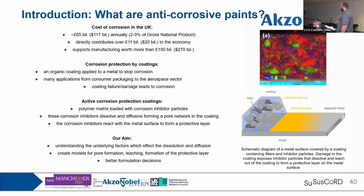And then those corrosion inhibitors react with the metal surface to form a protective layer. So here we can see an image of a real coating, with all the different colours showing the different inhibitors and fillers inside there. So our aim is to model this process to get an understanding of the underlying factors which affect the dissolution